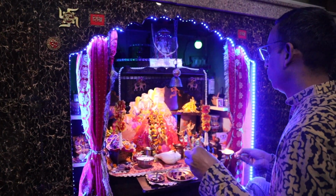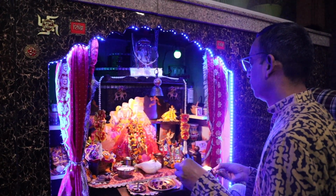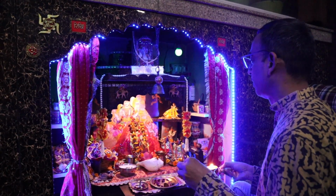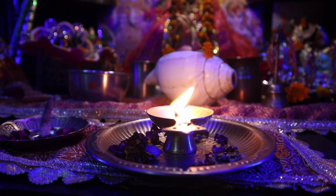Om Bhur Bhuva Swaha. Tat Savitur Varenyam Bhargo Devasya Dhimahi Dhiyo Yo Naha